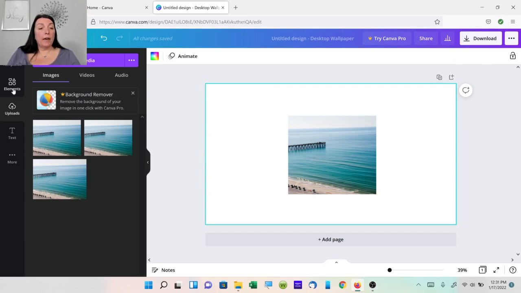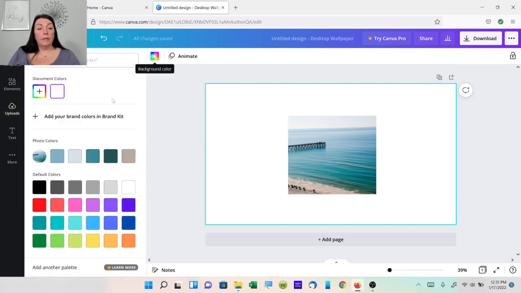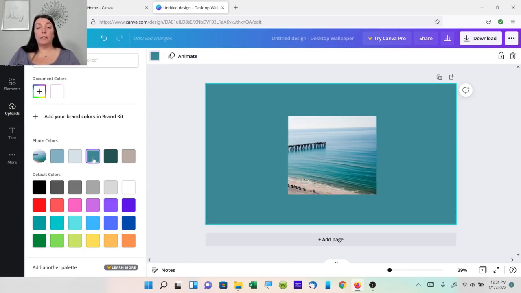So now if I click on that white background, you can see the outline, and then I click the little color. Now you can see it is pulling colors from my photo. So I'm going to select that color as my background because that color makes me really happy. And remember in the presentation, I talked about the color could be based on a mood, right?